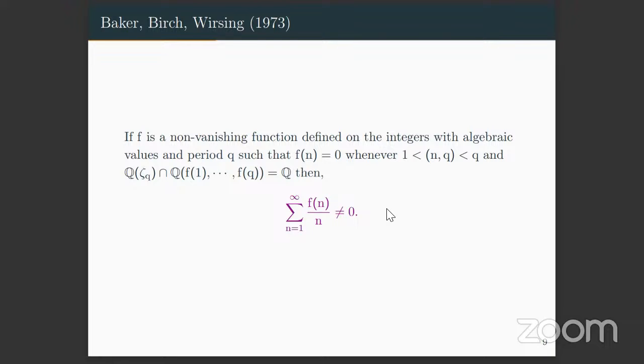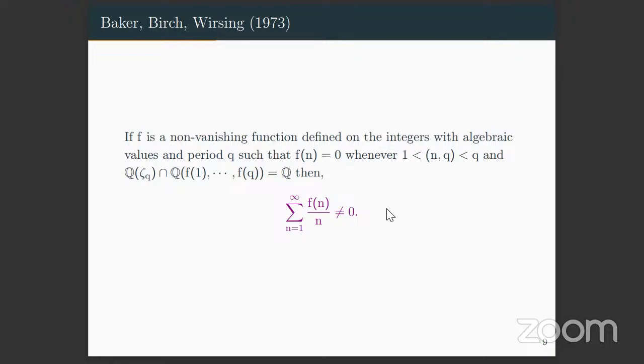Why I'm curious about that is that it will straight away give you the prime number theorem in arithmetic progression. So does that give you another proof of that? How serious is the second condition? Here you are saying that Q of this is the root of unity, and you are taking the intersection with Q of. Do you know how serious the second condition is, or can you just straight away deduce the result?